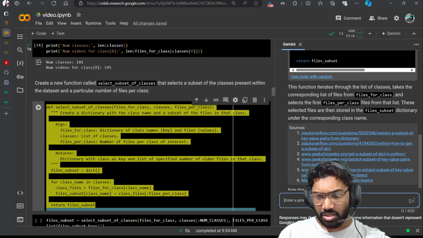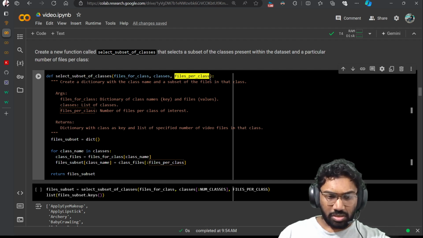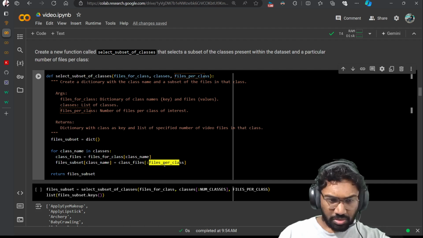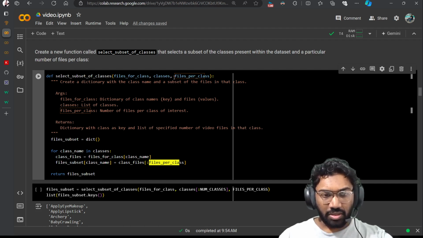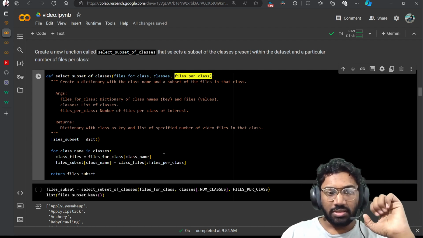This function iterates through the list of classes, takes the corresponding list of files from files for class, and selects the first files per class from the list. These selected files are then stored in the file subset dictionary under the corresponding class name. Okay, it will create a subset. If we input some files per class, 10, it will get the 10 files in each class from here